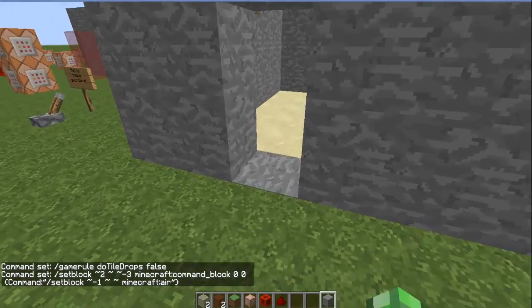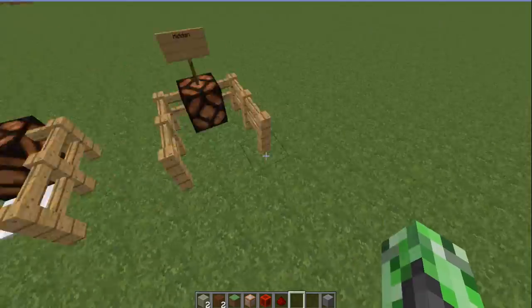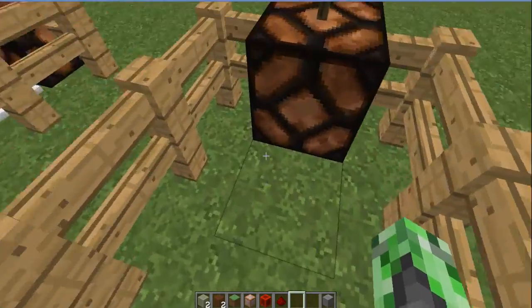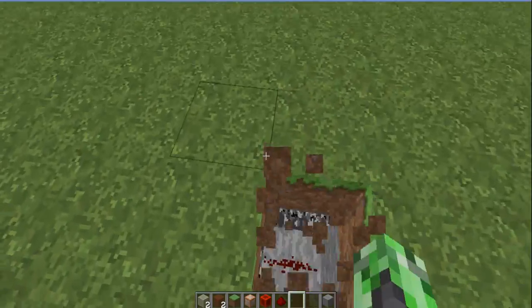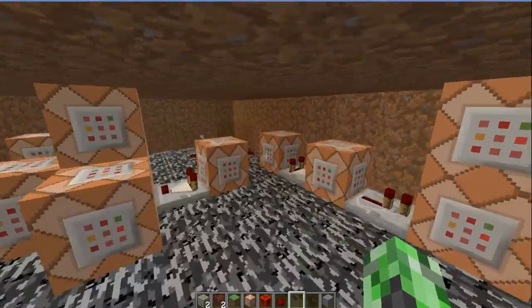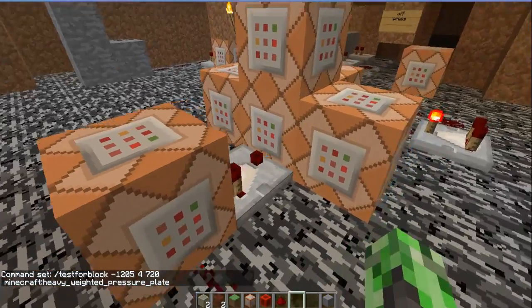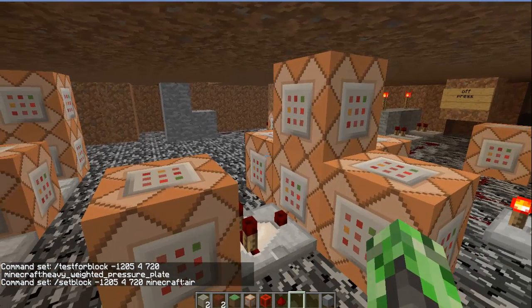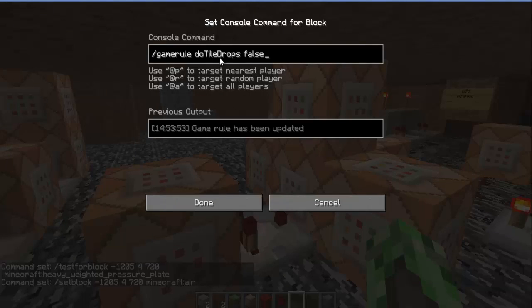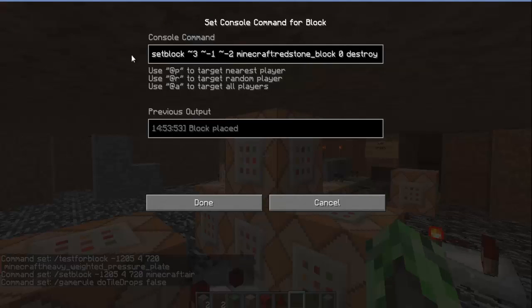Alright, so now onto the hidden pressure plate. So the hidden pressure plate uses test for a player, and it also uses test for a block. So first thing it's doing, starts over here, and then it tests for the iron pressure plate, comes through here. So if it finds it, it says set block Minecraft there, so it gets rid of the iron pressure plate. Then it does do game rule tile drops false, set